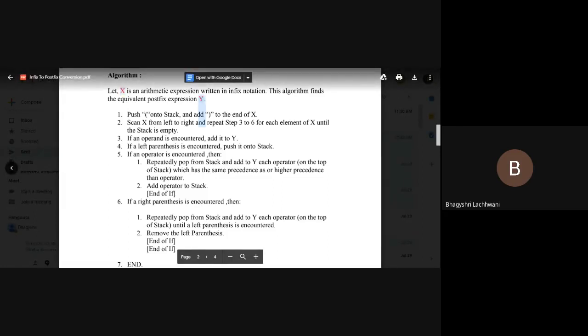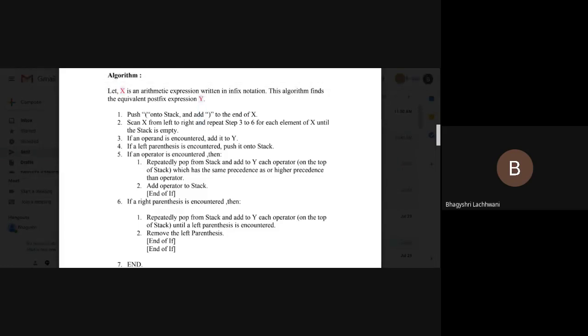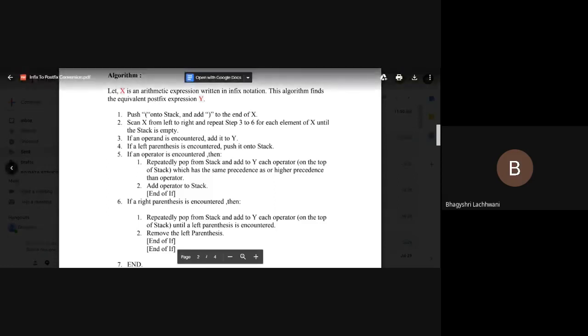That means we will convert from x to y. Okay, what are the rules for that? Basically, the rules we haven't listed; we are just writing those rules in the form of the algorithm now. Okay, so first we will push,